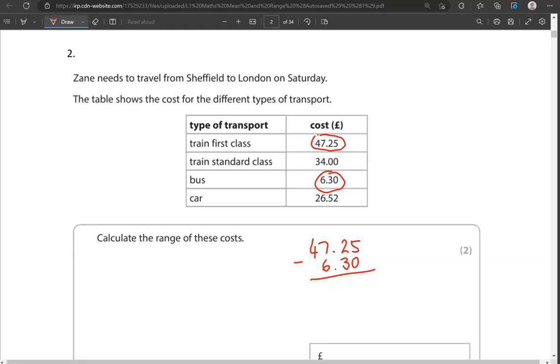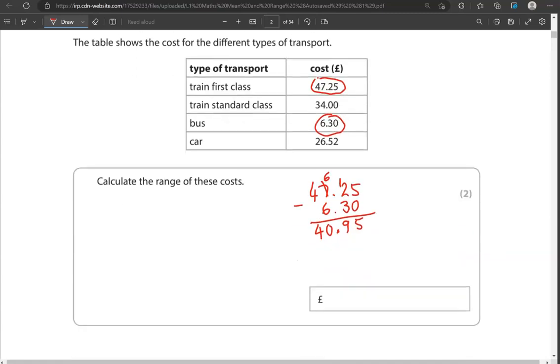So 5 take away 0 gives us 5. 2 take away 3 means we've got to borrow 1 from the 7. So 12 now, take away 3 gives us 9. 6 take away 6 is 0. 4 take away nothing gives us 4. So £40.95 is the range. To double check that you've done this correctly, you can do